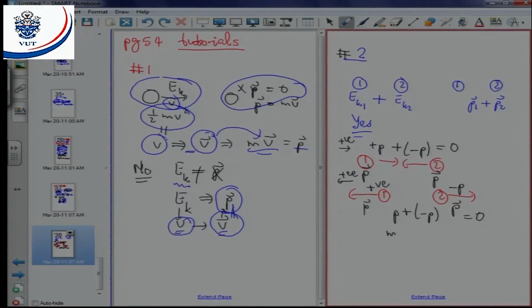But just a reminder, P is mv, so we do have non-zero v. That means we have non-zero kinetic energy, so we'll have 1/2 mv1 squared plus 1/2 mv2 squared. Even though we have 0 momentum, we have non-zero kinetic energy because this term is positive and that term is positive, so the total is non-zero. So the answer for number 2 is a definite yes. Okay, so now